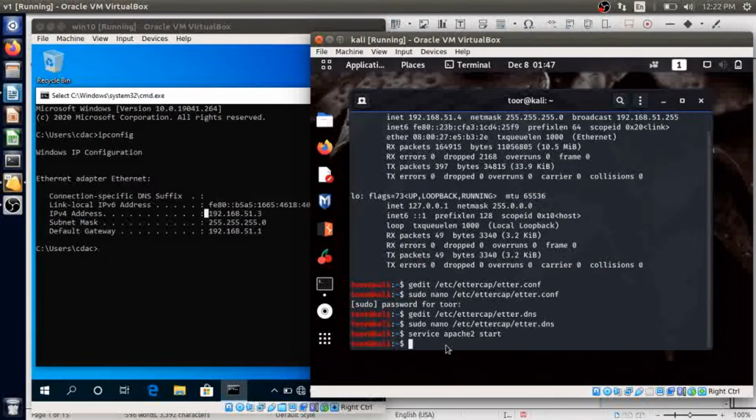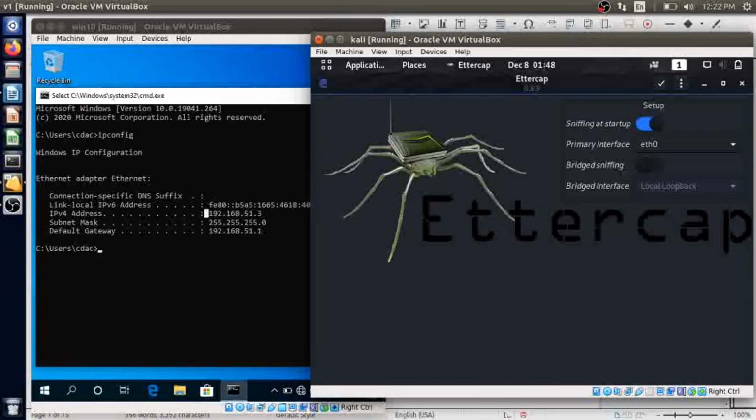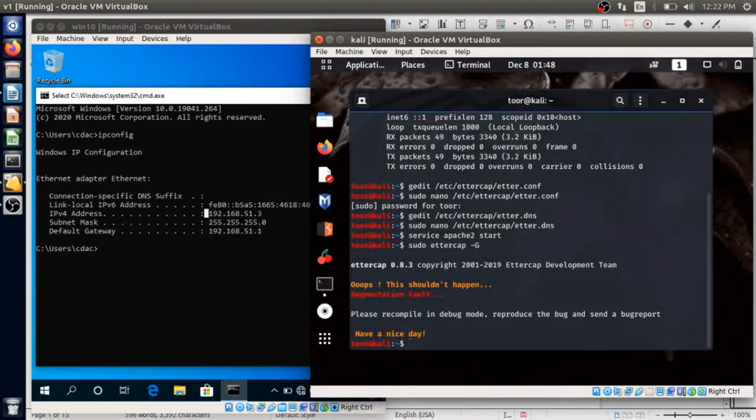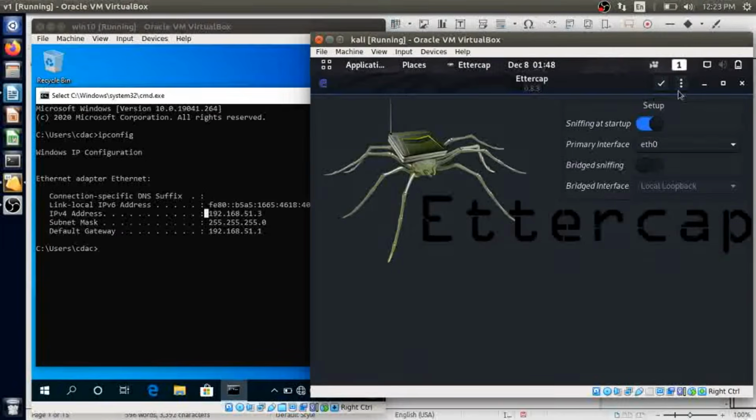It's asking for root privileges. Now we will open the Ettercap tool. We need to check our interface here.